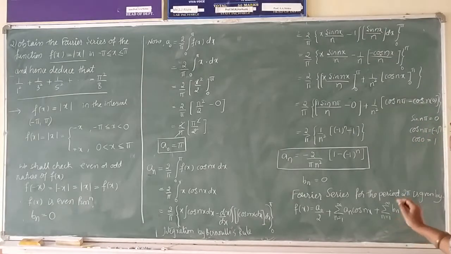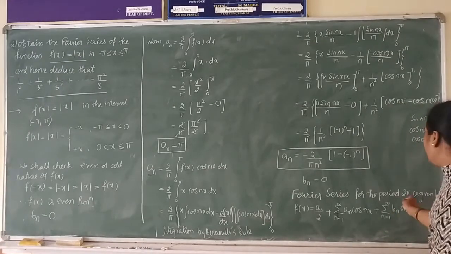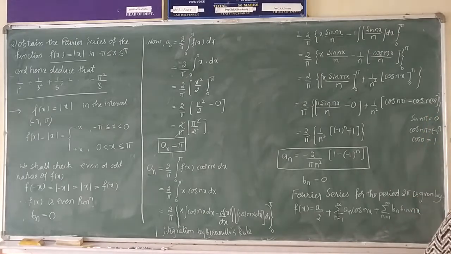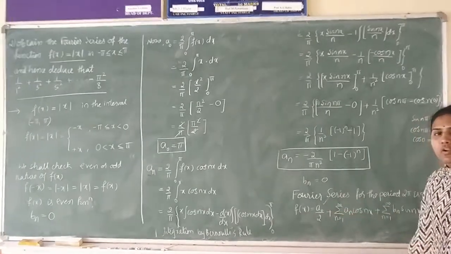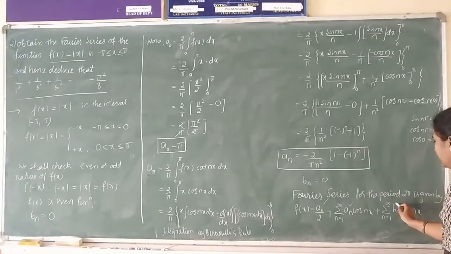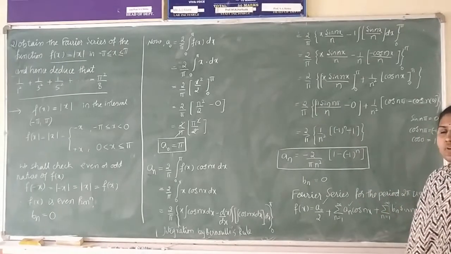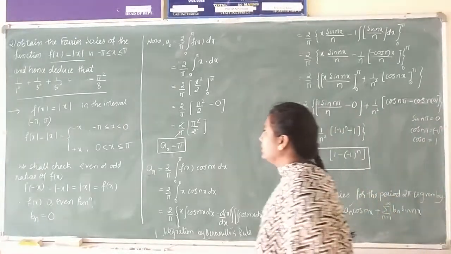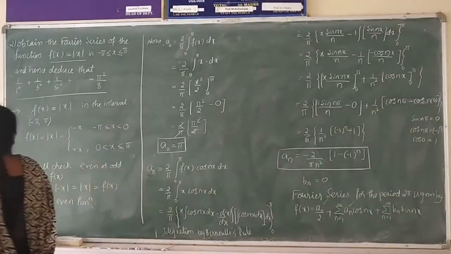This is the Fourier series for the period 2 pi. Now here we have obtained the value of a0, and since the given function is even, the value of b n is 0. Substituting those values in the Fourier series, here we will get